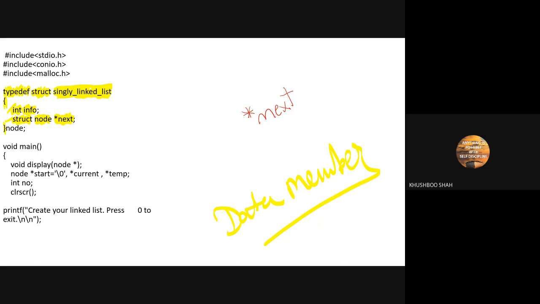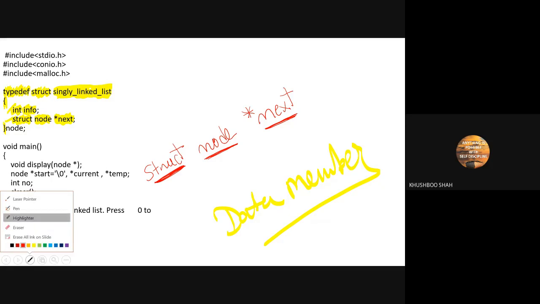Address of what? Address of node. What is node? Node is an object of the struct or structure type. It means this next is going to store the address of some structure whose name is node. Got it? Yes, ma'am.